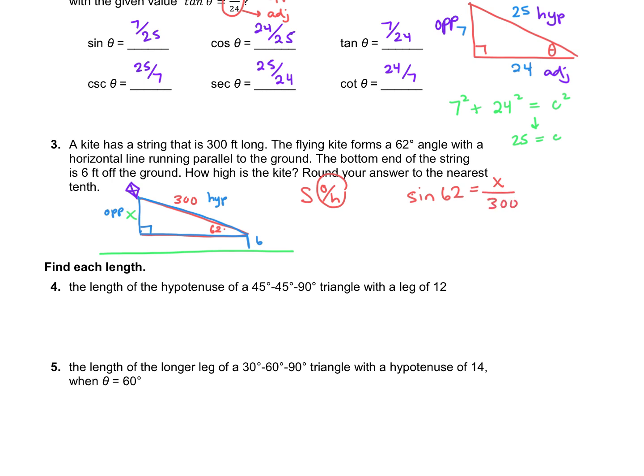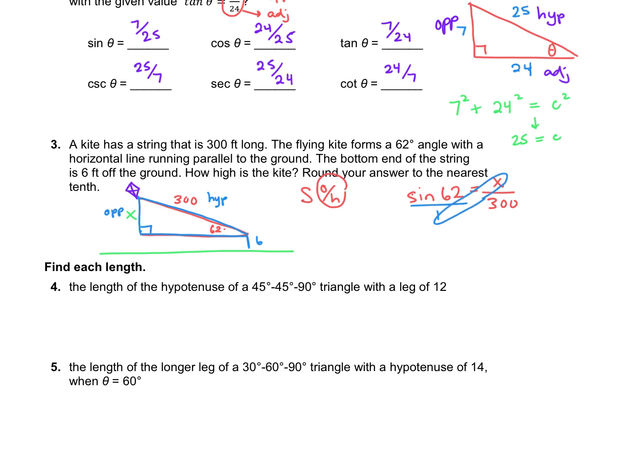Now we have an equation where we can solve for x. So when I said a minute ago, we need to set up a trig equation. This is what I mean when I say a trig equation. We have some unknown. It is an equation with an equal sign, and we're using sine, cosine, or tangent. So to solve for x, I'm going to think of this as being a fraction. The reason why I like to do that, it just lets us cross multiply to get out of this fraction